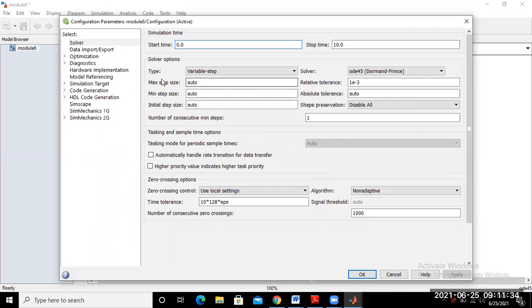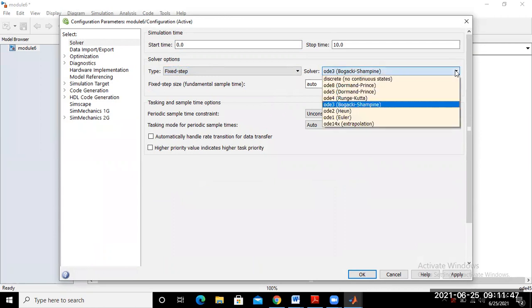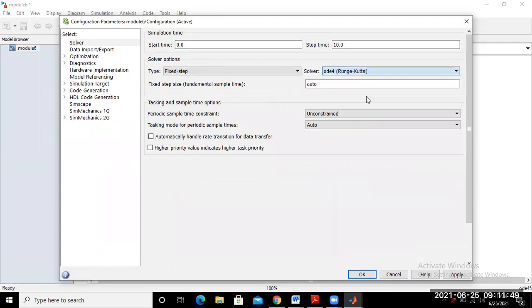Yeah, so this type is variable, just try to take fixed, and change the solver, that means ode3 to ode4. Now apply and okay. Apply and